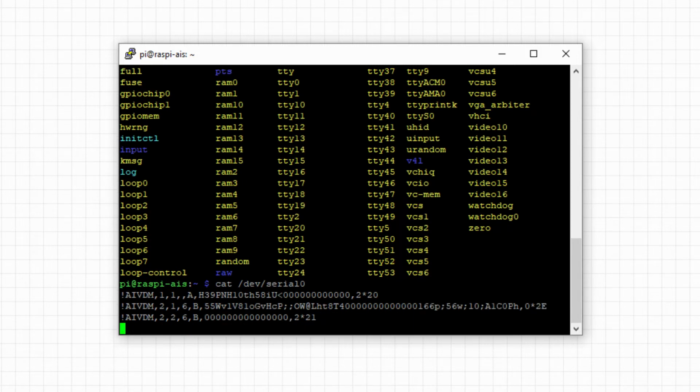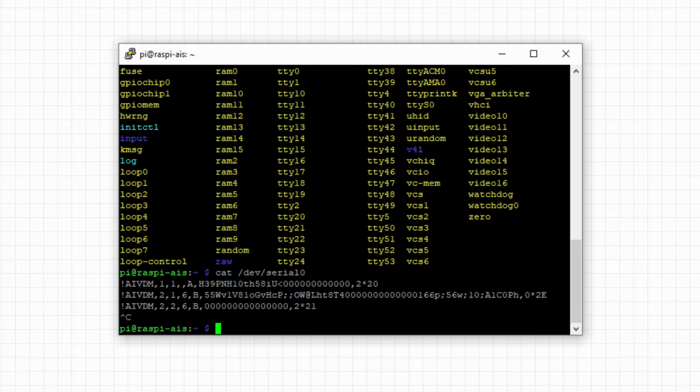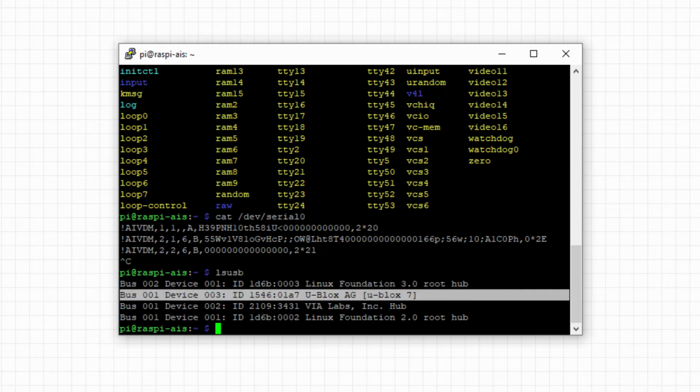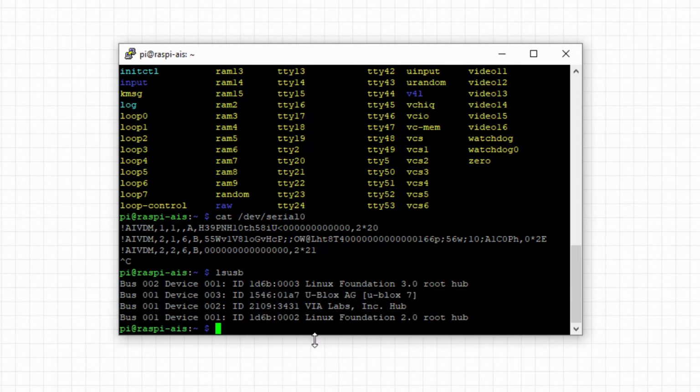Let's abort this one now, and let's take a look how we can find the GPS data. By the way, the first 2 letters is the type, so AIS information. Now we check the USB devices with list, so ls USB. If you have no USB connected, you should see the other 3 only. And as soon as you connect your GPS mouse on USB, you will find the device here. When we make another list, and now it's getting a bit tricky to know